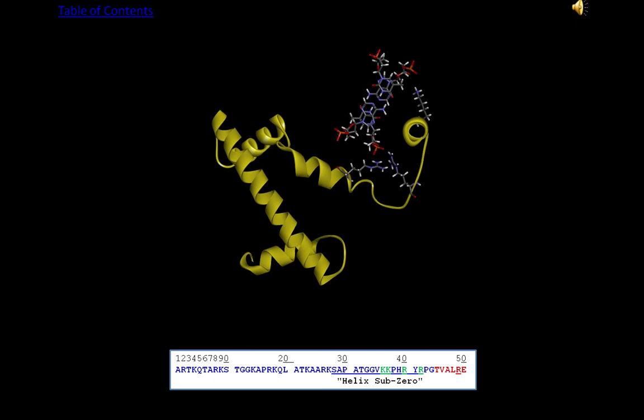The complete amino acid sequence of the H3 N-terminus is shown at the bottom of the screen, in which helix sub-0 has been underlined, with its basic residues highlighted in green. It extends from serine 28 to arginine 42 and connects to helix 0, which is indicated by the red letters in the amino acid sequence, by a short 2 to 3 residue strand. The green letters in the underlined helix sub-0 sequence are lysine and arginine residues which can potentially bind DNA, as we shall see momentarily. This structure was readily created by the Schrödinger Maestro build panel, then adapted to our new